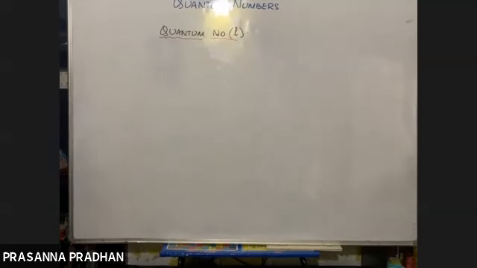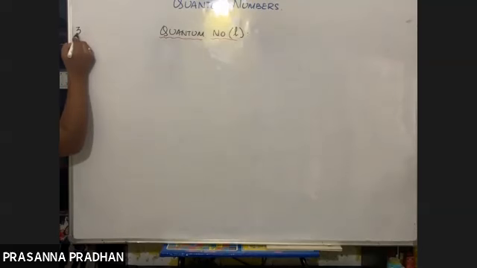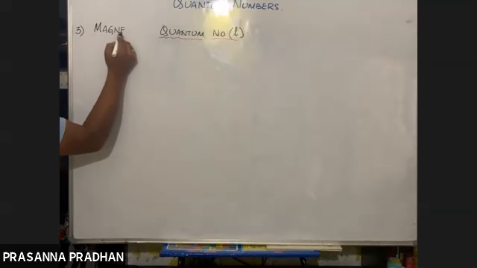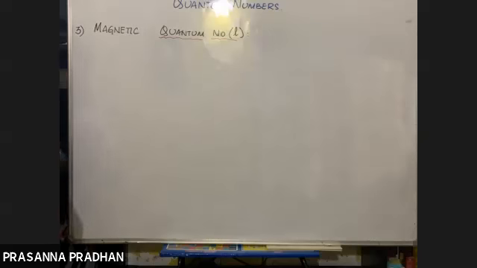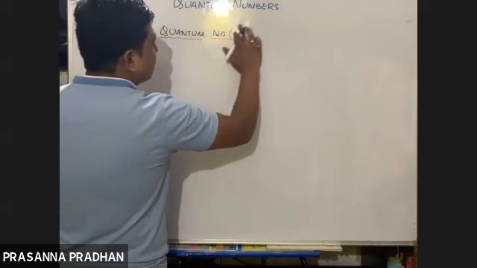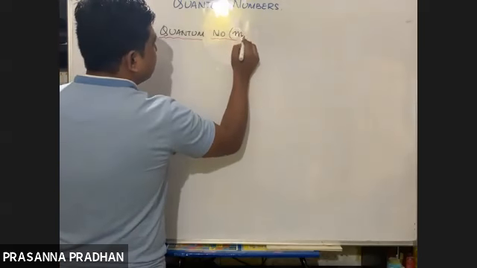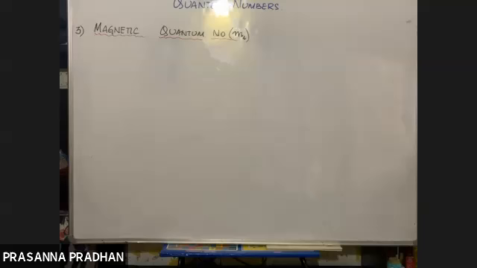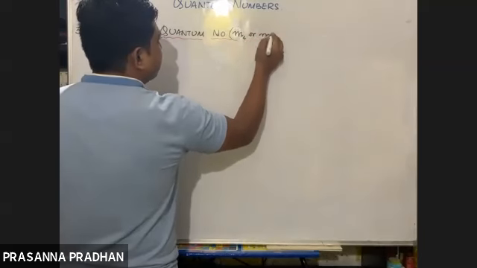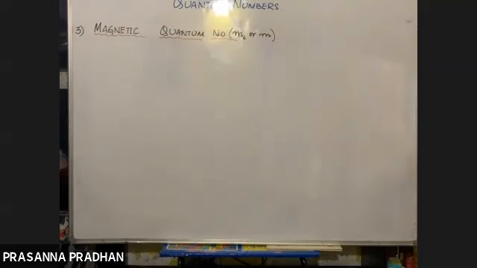So the third quantum number is known as the magnetic quantum number. It is denoted by what, guys? What is the symbol? M subscript L, or just M or ML. We write it as M or ML as well. Don't get confused, we can just write it as M. So what is this magnetic quantum number?